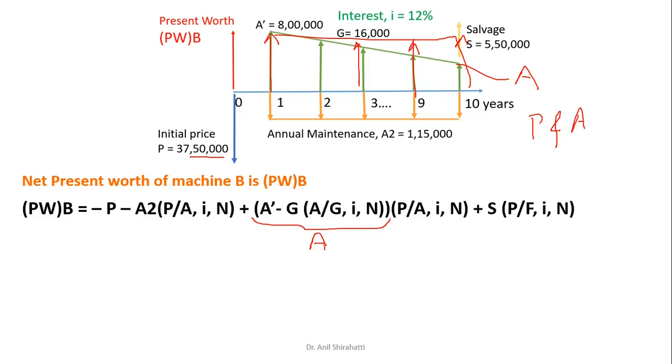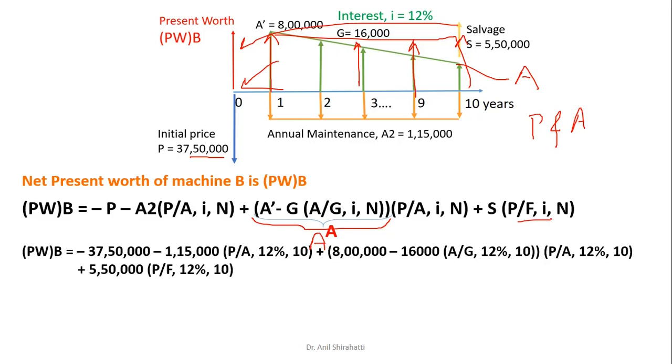Now from this I will find A, and if I multiply that by P by A, i comma n, I can get this series moved to the 0th position. And definitely S has to be moved to the 0th position. That is the relationship between P by F. So this is nothing but A, and if I substitute all the data, I will get a value equal to